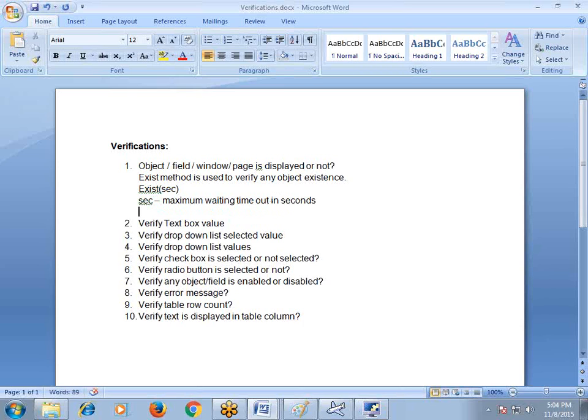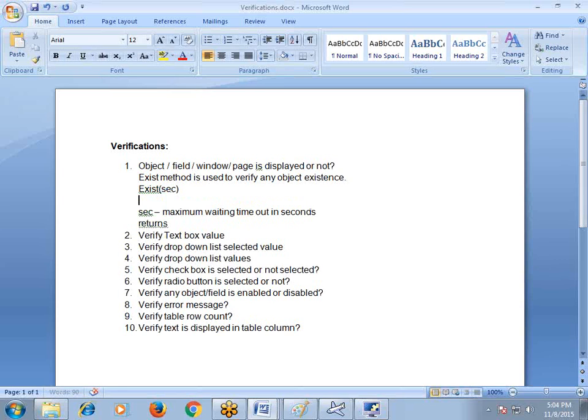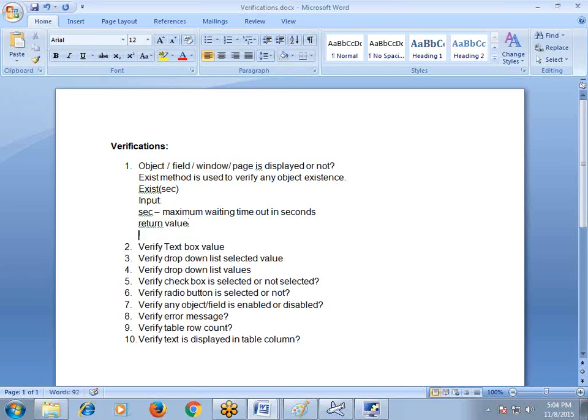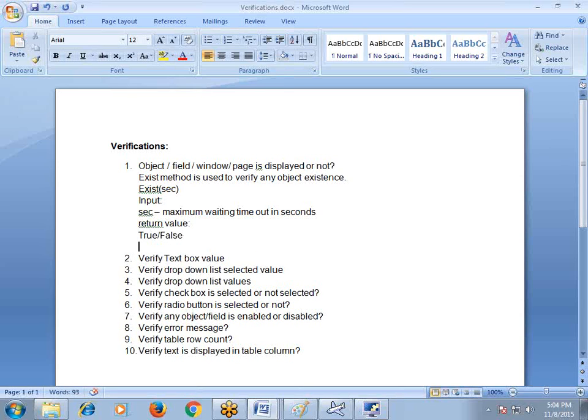And this method, what value does it return? See, this is the input, okay? And what is the return value? The return value for this method is true or false. True or false. When it returns true value,